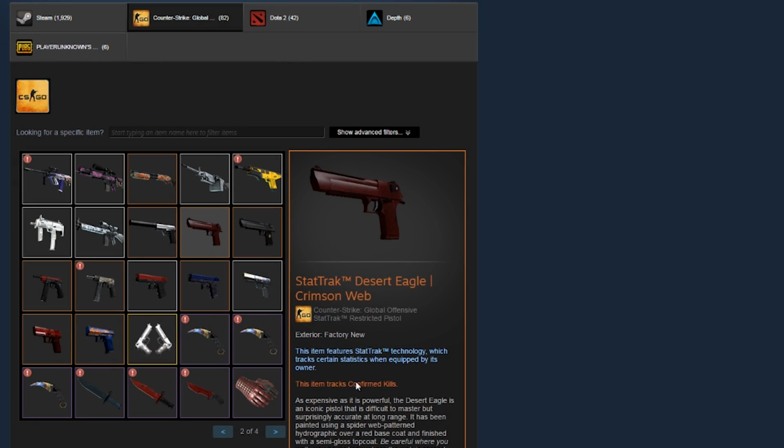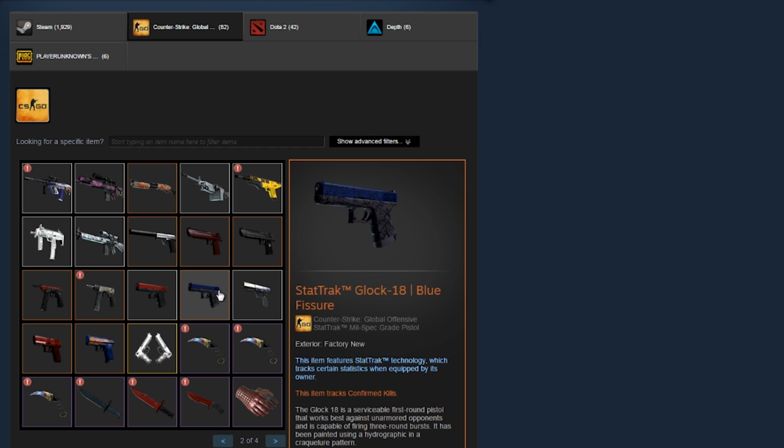Pretty sweet looking USPS though. And for his Desert Eagle Crimson Web, he actually doesn't really have anything special. I actually one-upped it myself for the Desert Eagle Crimson Web because I've got a Desert Eagle Crimson Web with some Katowice 2014 stickers. So I'm ahead of him in one skin, but I think he's up to me on